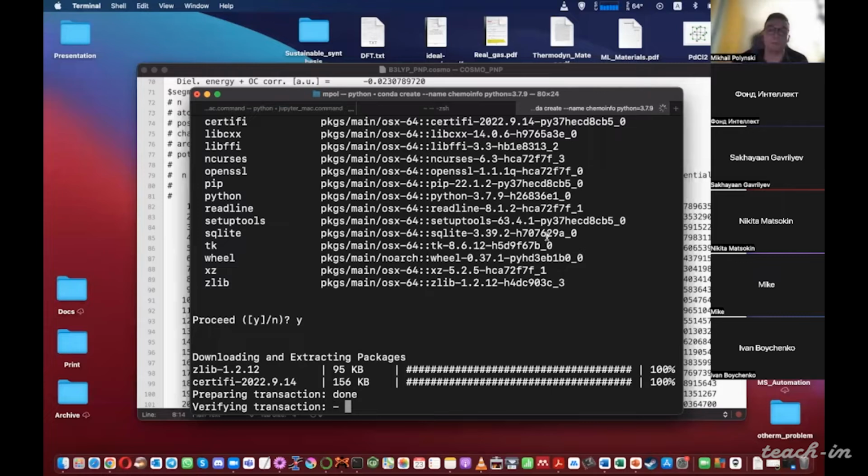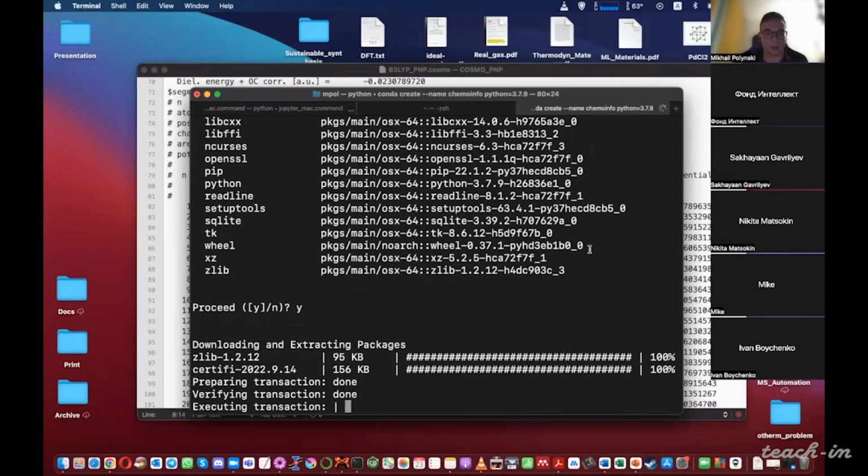Here I create a new environment that I can easily delete later, just as a demonstration.